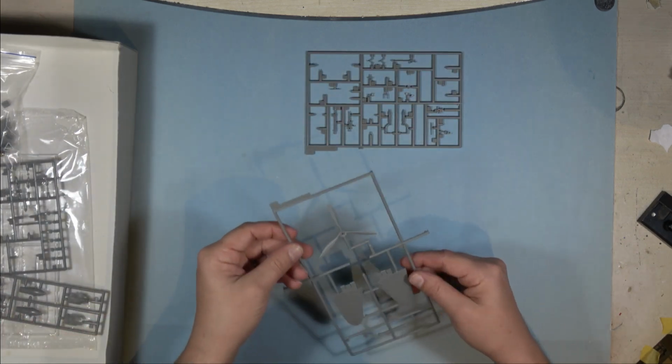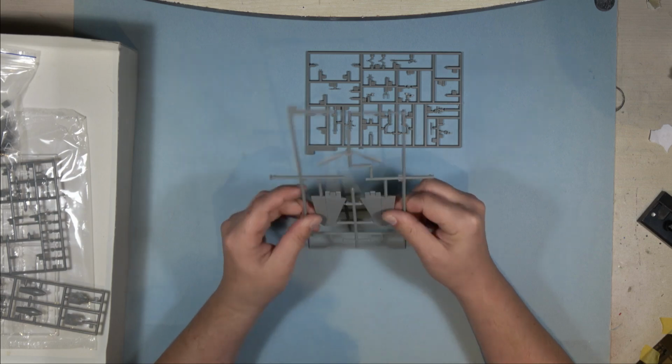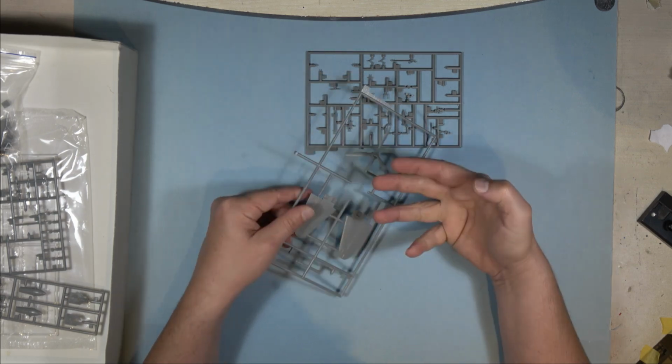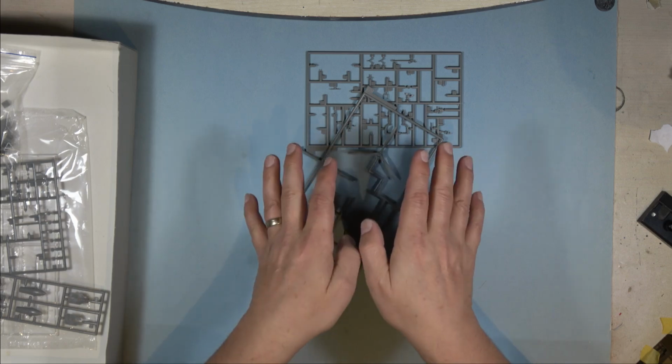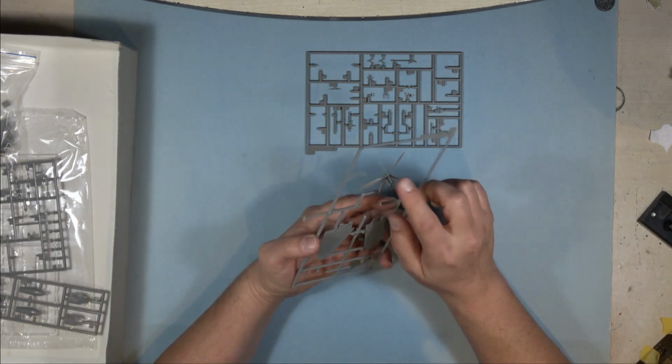Sprue D. Sprue D has the horizontal stabilizers on it. And again, beautifully interlocking keyed tabs. So when they interlock, they overlap each other and lock in, and you can't get sag in your tails. They're going to lock in straight and hold themselves straight. Beautiful. The propeller,